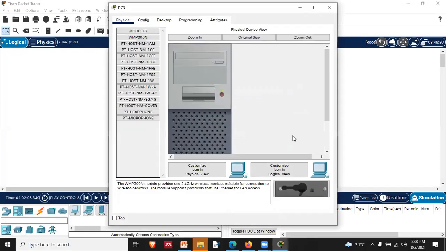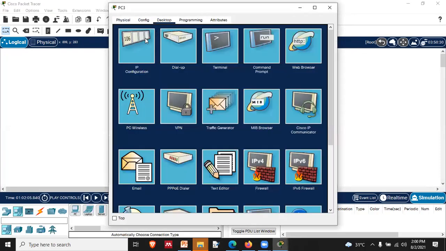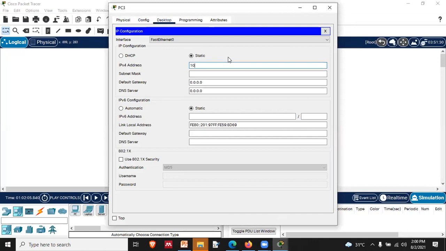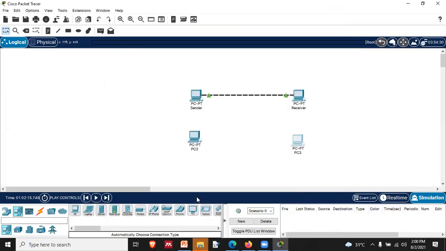And we have 10.0.0.4 and like this way, right? So this is the connection, like over here.